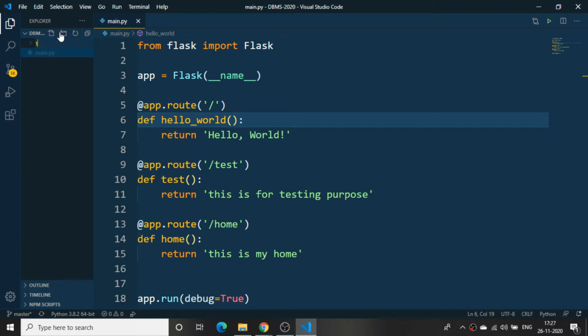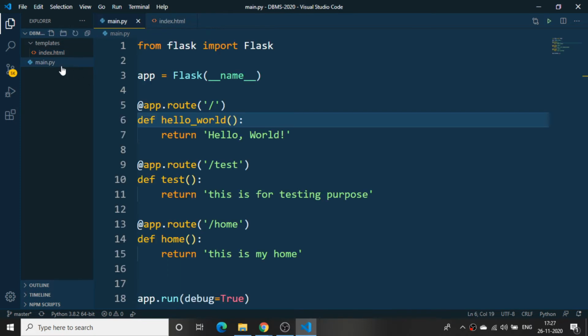I'll name it templates. Fine. Now I have downloaded a particular templates folder here. In the templates folder, I want all my HTML files to be added. I'll click on new file here. Now I'll say this is my index.html file.